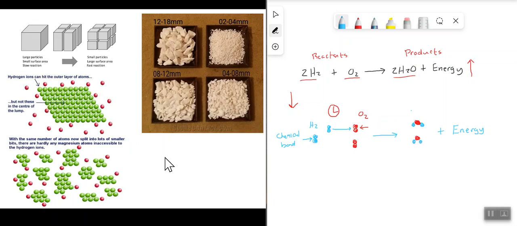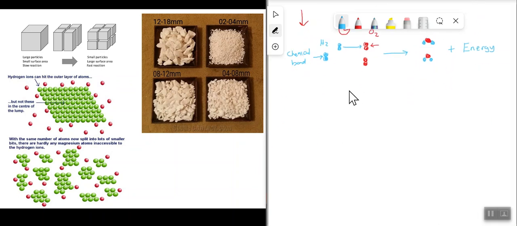Another way that we can impact the rate of reaction is the particle size. So what can happen sometimes is, like in that demonstration that we looked at, we have a solid substance. So imagine this is our solid marble chip. So we have this solid substance, and then we have an acid. So we have this liquid,